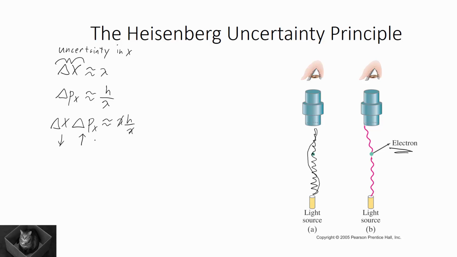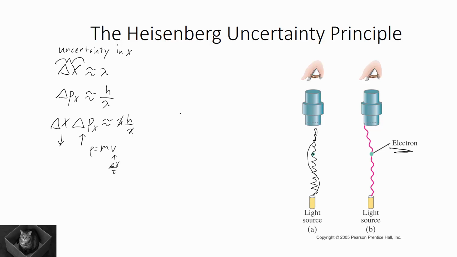Now you might think, can't I just measure exactly where an electron is at a given time, and what its speed is? But if you think about speed, momentum is mass times velocity, right? The velocity inherently depends on a time interval. If it's a constant velocity, it's delta x over t. Well, if I look at it at one moment, I'm going to disturb where it's going to be at the next moment. So I don't know what its momentum was before I interacted with it. So there are limitations to measuring both of these two things. You can't know both of them exactly precisely at the same time.